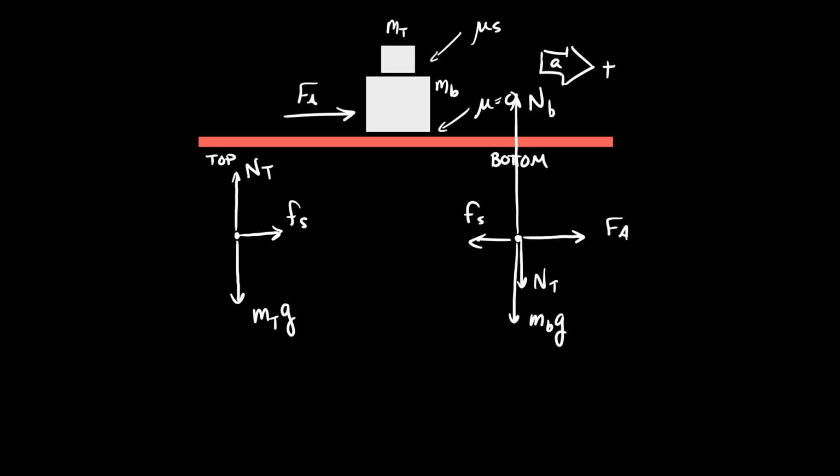Now, I do think we're going to be interested in the forces in the y direction, at least on the top box, because that's creating the frictional force. In fact, I'm going to write that over here just to remind myself that I should probably be paying attention to this. But the top box is going to accelerate, isn't it? It's got an unbalanced force acting on it. I would expect that we would have something like this. The only force that can possibly cause it to accelerate to the right is the frictional force. Well, on the bottom box,